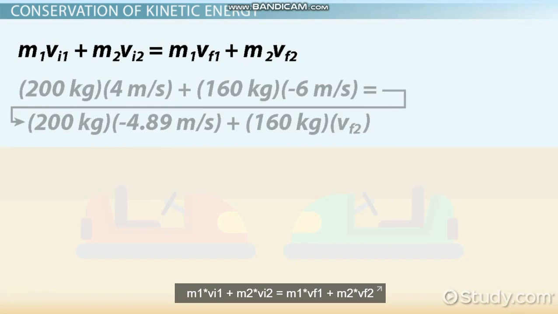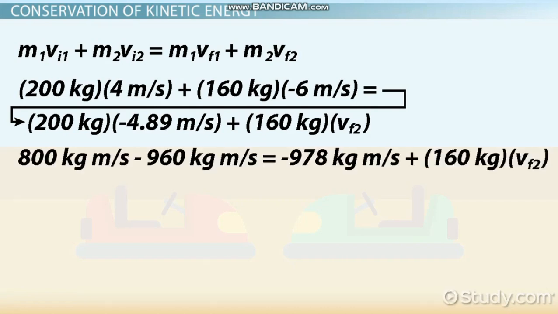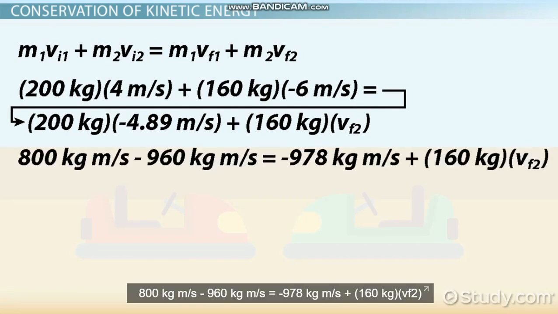M1 times VI1 plus M2 times VI2 equals M1 times VF1 plus M2 times VF2. 200 kilograms times 4 meters per second plus 160 kilograms times negative 6 meters per second equals 200 kilograms times negative 4.89 meters per second plus 160 kilograms times VF2. 800 kilogram meters per second minus 960 kilogram meters per second equals negative 978 kilogram meters per second plus 160